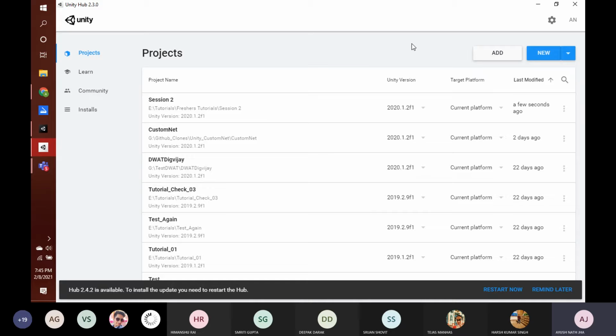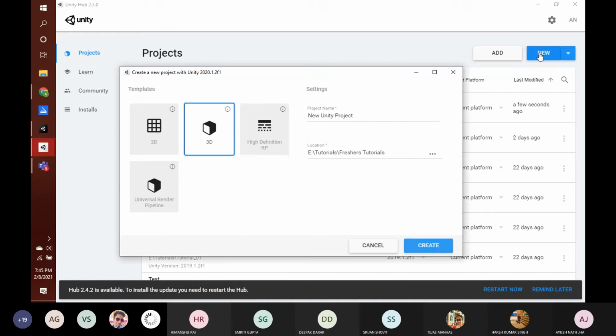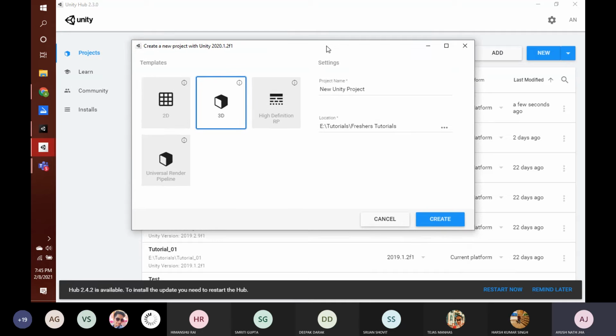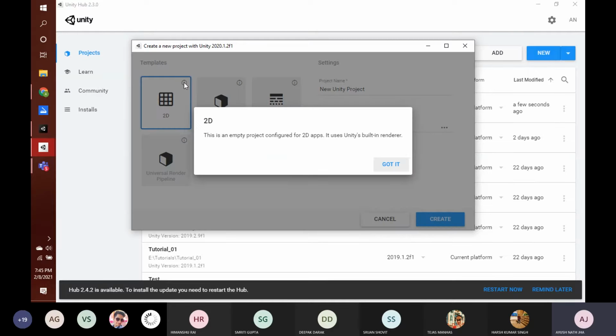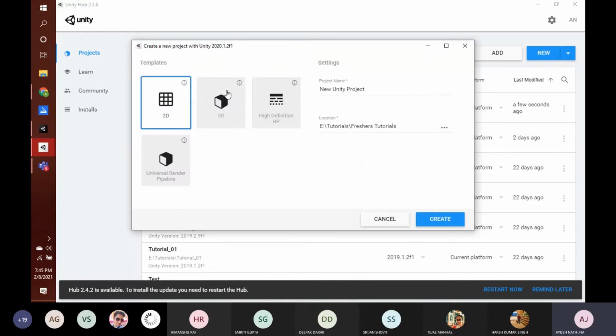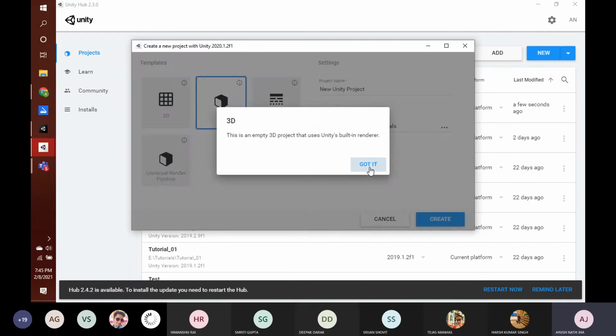Now, let's create a new project. For that, you have to click on new. And then here you would get this screen where you need to select a template out of the given templates. This 2D template is basically pre-formatted for 2D games. 3D is pre-formatted for 3D games.